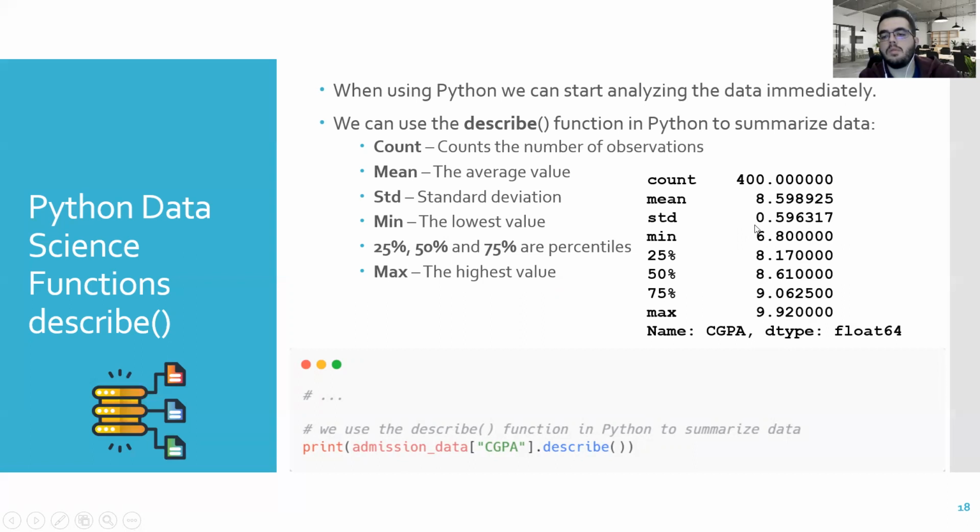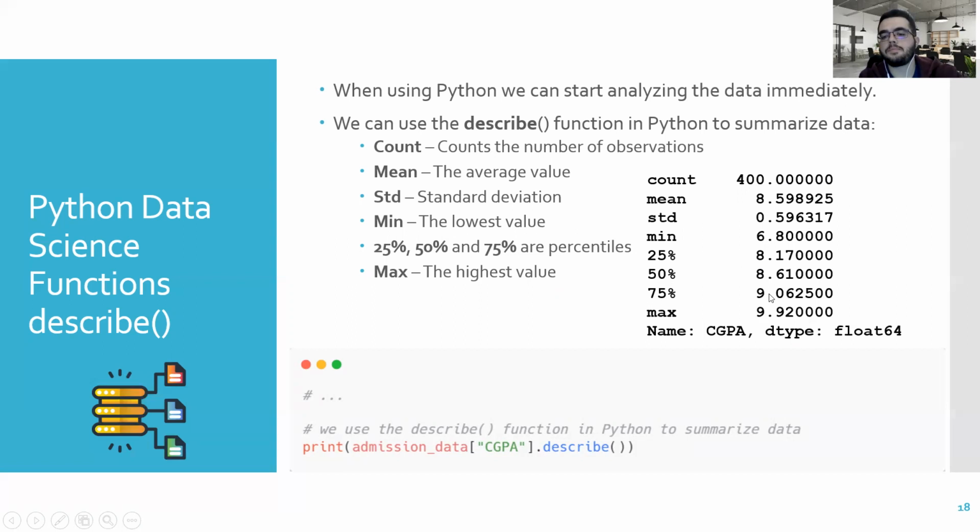We also find out that all GPA scores of all the students' observations are in general close to the average value by means of analyzing the standard deviation. And we can say that 25% of all students have 8.17 or lower GPA, 50% of students have 8.61 GPA or smaller than, and 75% of all of the students have 9.06 GPA score